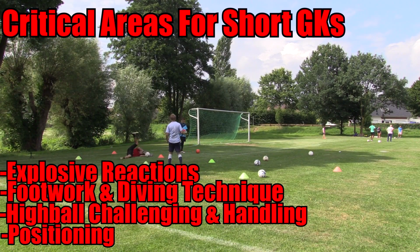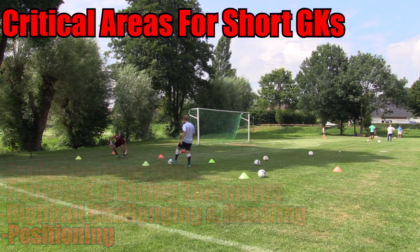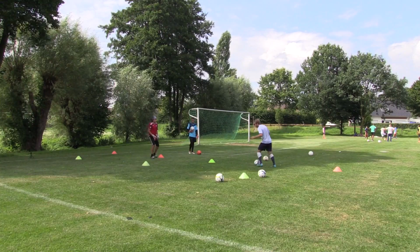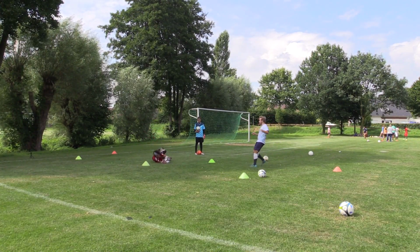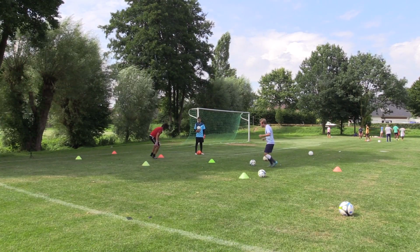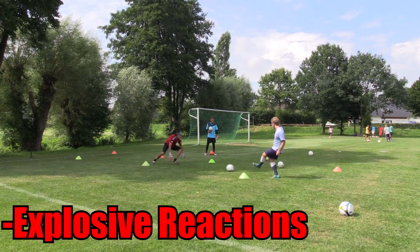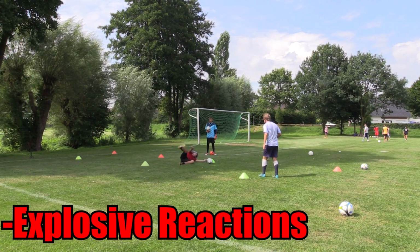First is the explosive reaction used on every dive and movement in every single goalkeeping situation. Did you notice when you watch those pro keepers that they can go from 0 to 100 in the blink of an eye? That type of explosive energy is groomed and trained. No keeper should wait for a ball, which means the more you can shuffle your feet and the more you can explode off the line and attack the ball, the safer the save and the much more secure